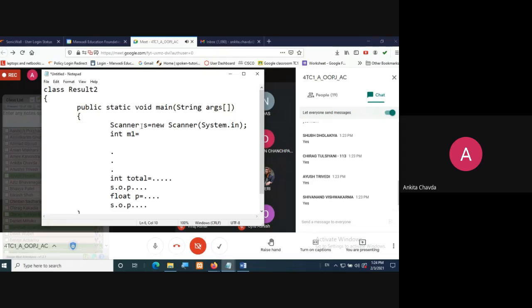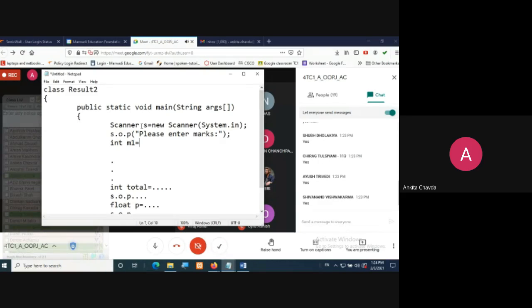After that, whenever you are taking input, you can print System.out.println asking to please enter marks for 6 subjects. You have to write it in an elaborated way, I'm just writing in short right now.